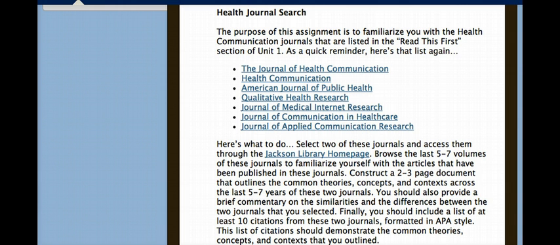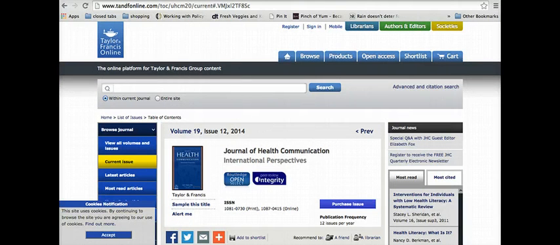Make sure that you access the journals through the Jackson Library homepage. If you click on the Journal of Health Communication, for example, it will take you to the regular web page for the journal, not the one that takes you through the Jackson Library homepage. There's nothing wrong if you click on the link and go to the regular page for this journal. You can get a lot of helpful information, including what the journal looks like, the most read and most cited articles,